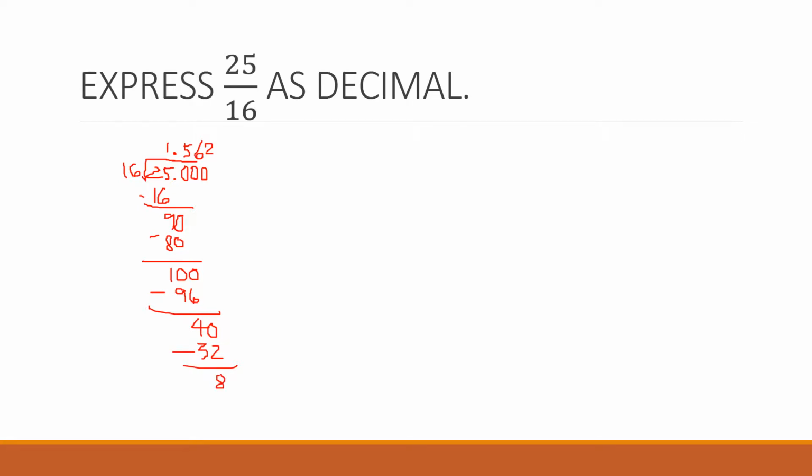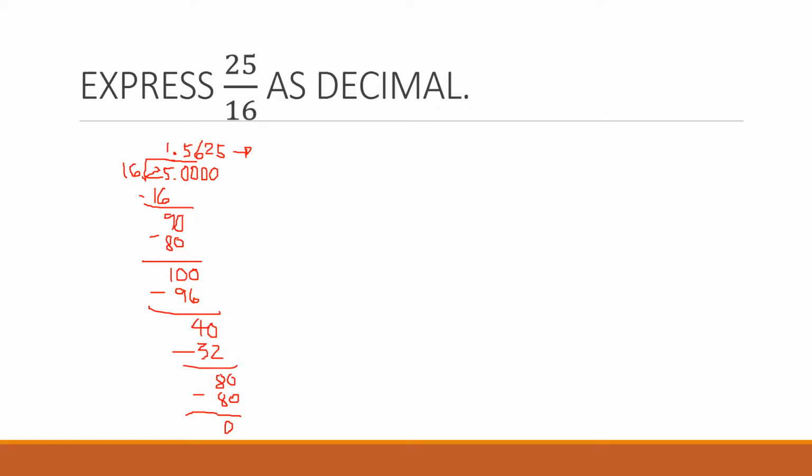So 8 divided by 16 cannot be done. You're going to add another 0. So 80 divided by 16 is 5. 5 times 16 is 80, and 80 minus 80 is 0. Your goal here is to have a remainder of 0. So your quotient is 1.5625. That is 25 over 16. So 25 over 16 is expressed in decimal as